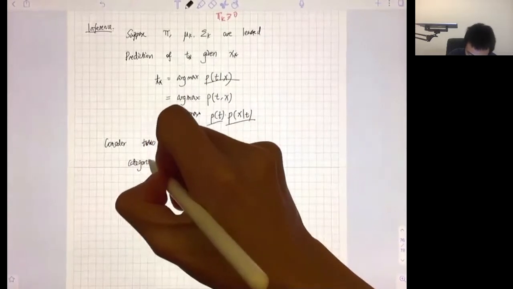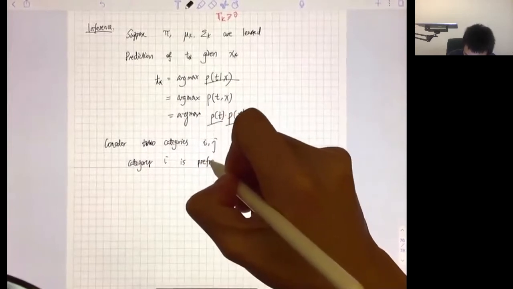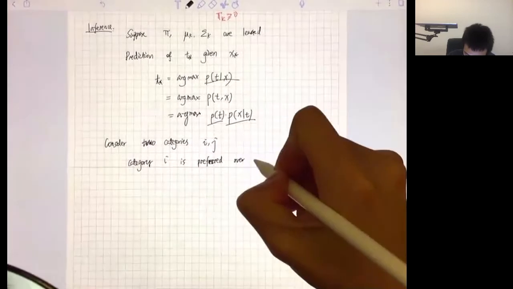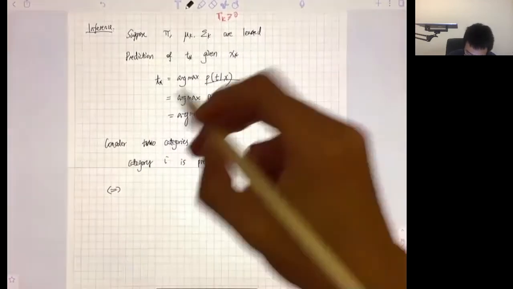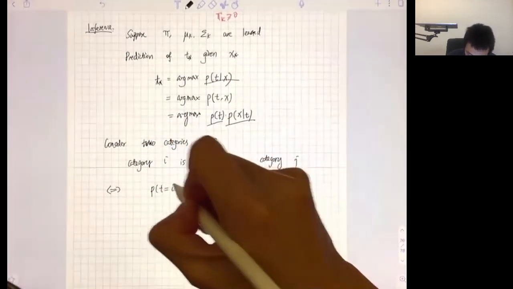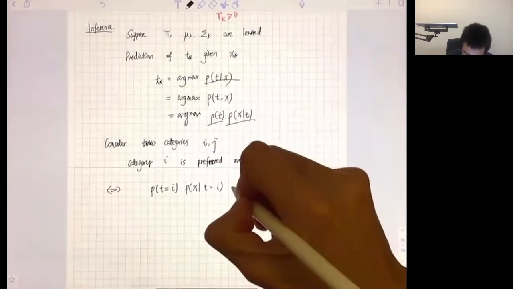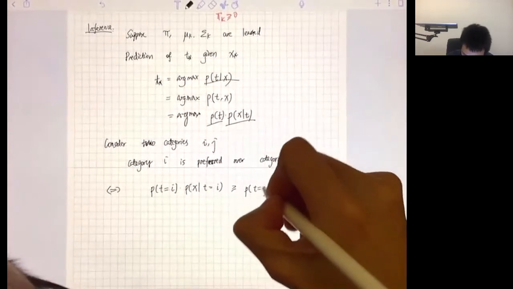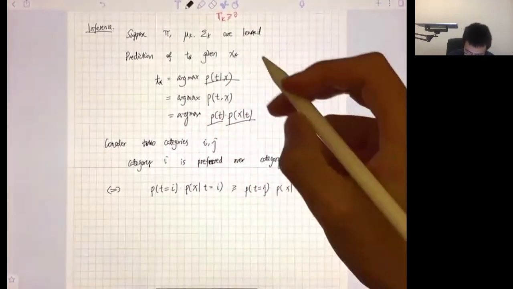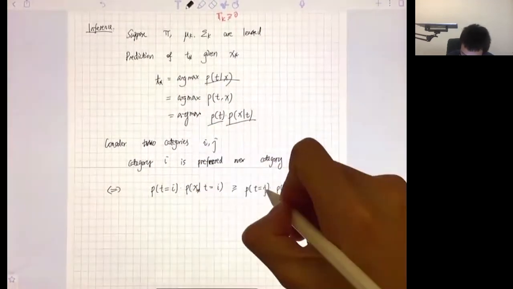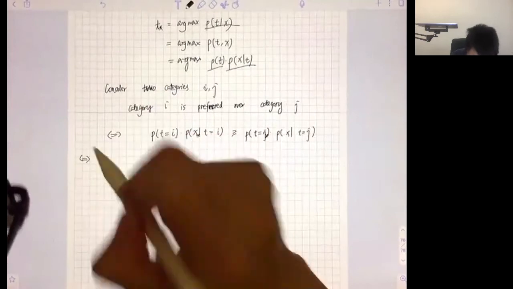Category I is preferred over category J if and only if P of t equals I times P of x given t equals I is greater than or equal to P of J times P of x given t equals J, for data sample x star. So this is actually saying pi I